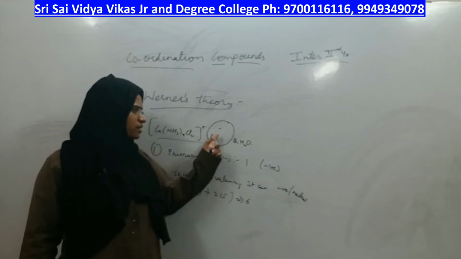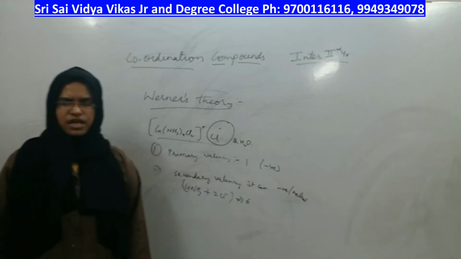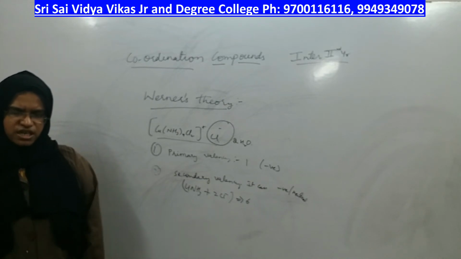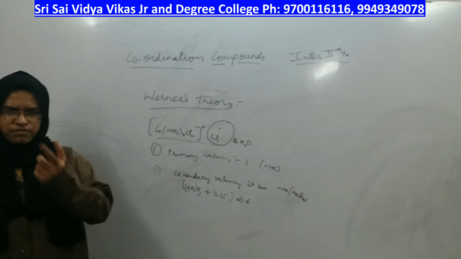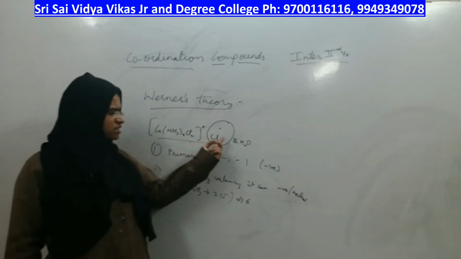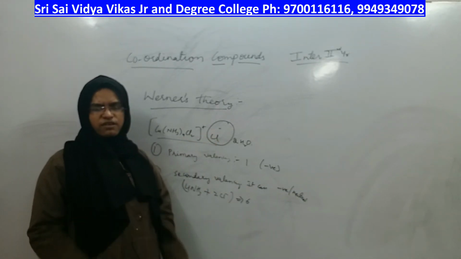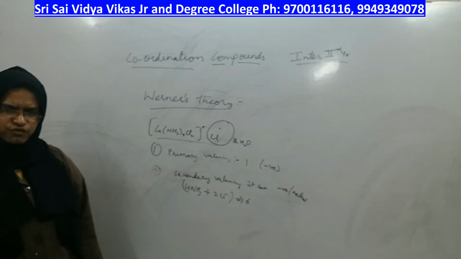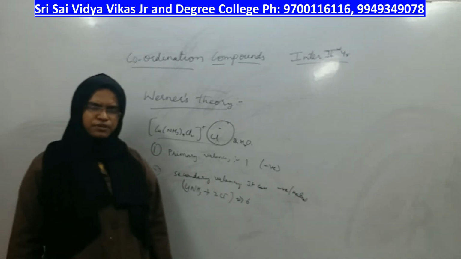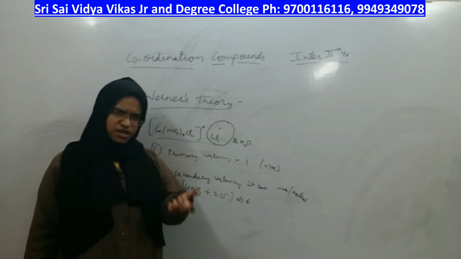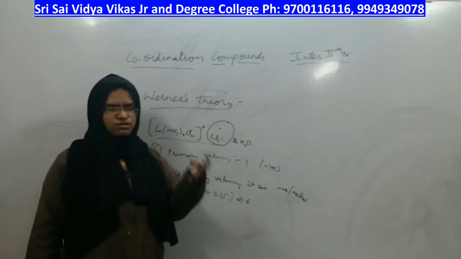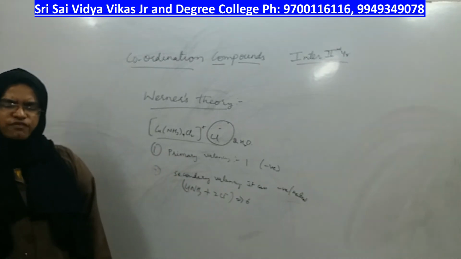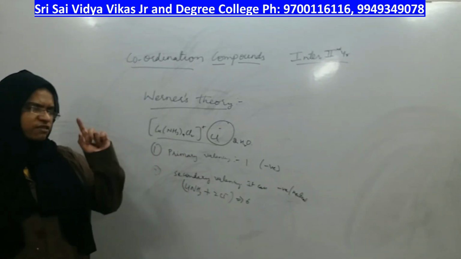To separate chloride as a precipitate, which reagent should you add? If you add AgNO3 reagent, what happens? Ag plus from AgNO3 and Cl minus from this compound together will make AgCl precipitate, and once the precipitate is formed, can you see the precipitate? Yes, the precipitate is visible. So, if 1 mole of AgCl is formed, only 1 Cl minus